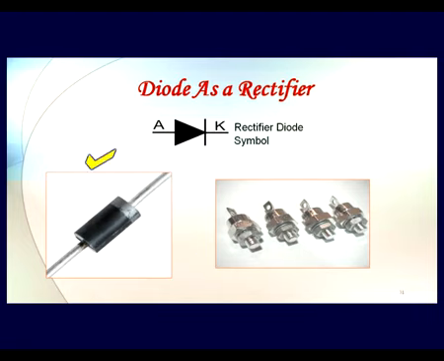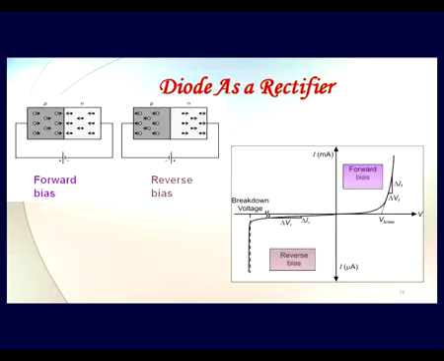Below here is actually the photograph of a typical diode, where this silver ring represents the cathode. Or also here you are seeing very biggish devices. These are the power diodes which can handle very high currents or very high voltages. So the power dissipation will be high in this kind of device, and so we have a good heat dissipation mechanism built within it. So these are different types of rectifier diode that we get.